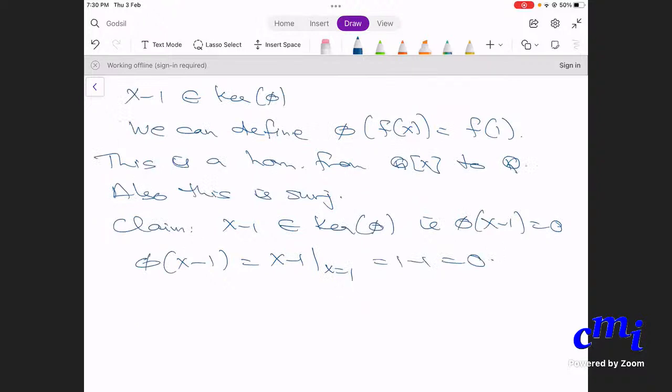But I want to say it's not just in the kernel of phi. I want to say it is exactly equal to the kernel of phi. That is, the ideal generated by x minus 1 is exactly equal to the kernel of phi. Further, the kernel of phi is the ideal generated by x minus 1. That means anything in the kernel I want to show is divisible by x minus 1. That is what it means. So to show this,